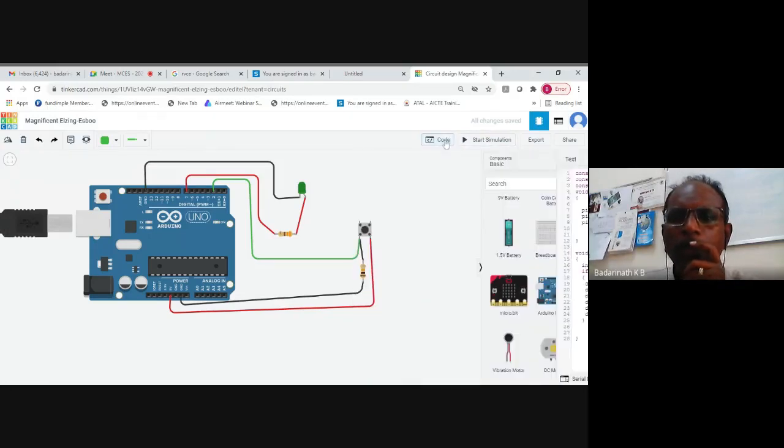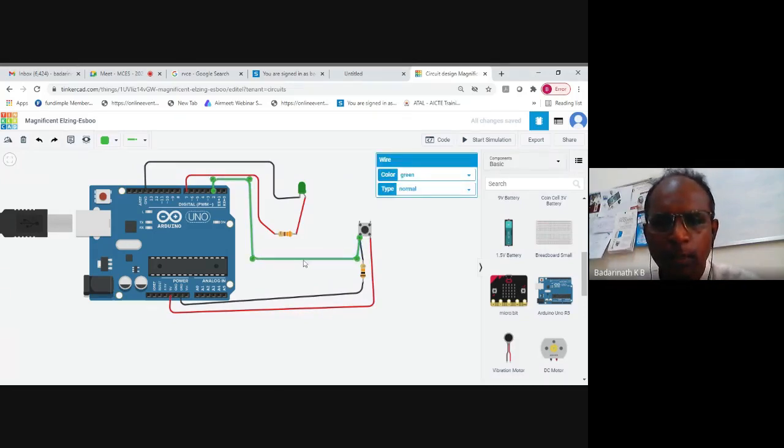Now, generally, when you have few components, 1 or 2 like this, I can directly drag the components onto the area, connect them, and make it work. Even in real time, when you have only a few components, you can connect them directly and make the project work. But when the circuit becomes bigger and more complex, with more components, to make debugging easier, we use what is called a breadboard, a place where you can place your components and make the connections easier. So now I use a breadboard and build the same logic. See how to use a breadboard. We will learn that in the next 15 minutes.